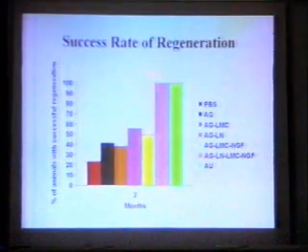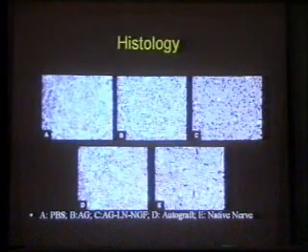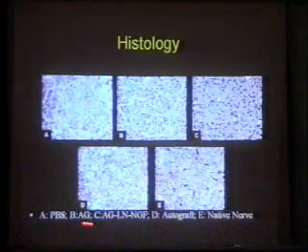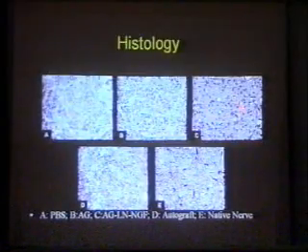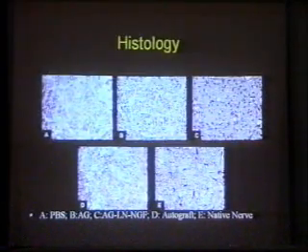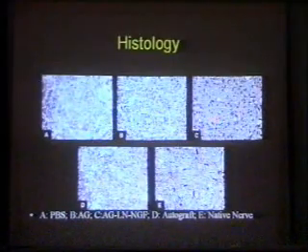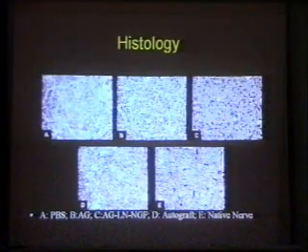So the question then is, what is the nature of this cable? Is it a useful cable or is it just stuff? So if you do histology and cut transections of the nerves and stain with osmium tetroxide, which stains for myelin, you can start to look at the structure of what you get. This is your native nerve, this is your autograft, this is when you have laminin and NGF. And for those of you who are not used to looking at nerve cross-sections, you see typically this black thing here is your Schwann cell that is always around one of the circular thingies, and you're staining essentially for